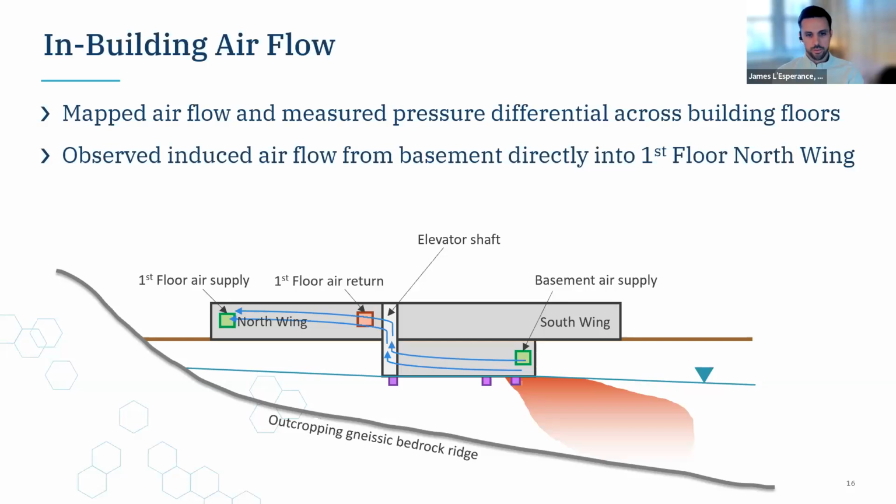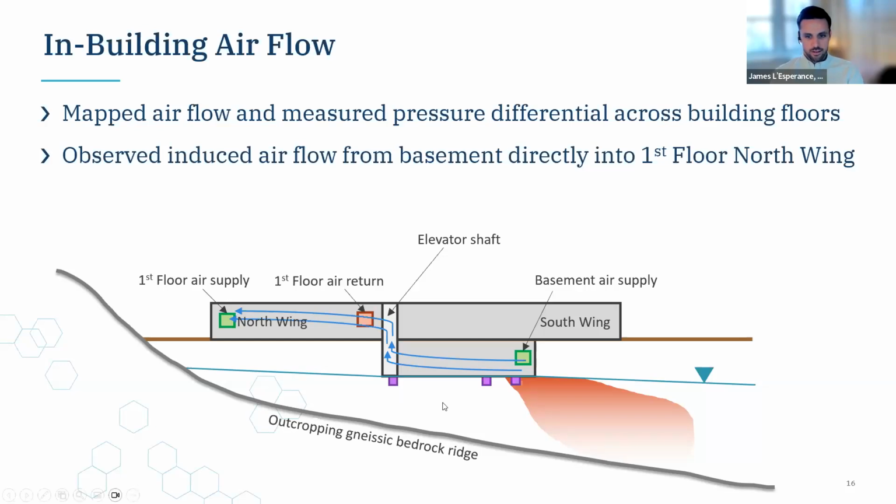So air was flowing up this elevator shaft. And then the HVAC configuration on the first floor was circulating that air throughout the north wing of the building. So by looking at the interaction of airflow within the building, we were able to figure out that complete pathway to the north wing. While not what you'd expect to be a more traditional pathway, we were seeing